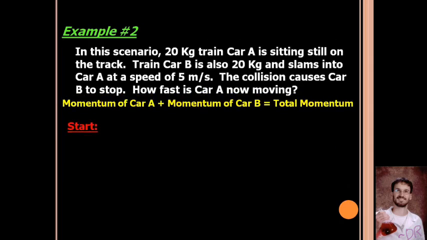So here's the rub with the collision problems and trying to use them in real life. It's nearly impossible to use these to actually predict what's going to happen and predict the future, like I said before, unless you can control a whole lot of variables. If you were a stuntman, it's unbelievable how many variables they control when they conduct some of those stunts for movies and things like that, because they're so dangerous. They know exactly what's going to happen with the physics as long as they did all the